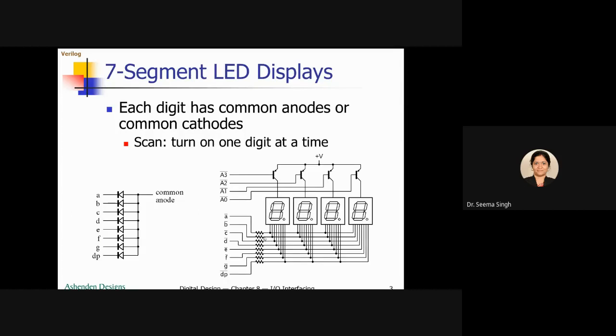So this is called a scan type display system, which is controlled by an embedded processor, which will take care of the clock frequency, the total clock frequency it is working with, divided by the clock frequency which is required for us to make it display. So that is how it is used. So now you will be able to understand. I hope you have understood.